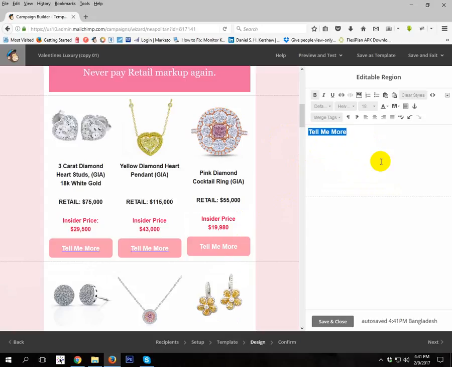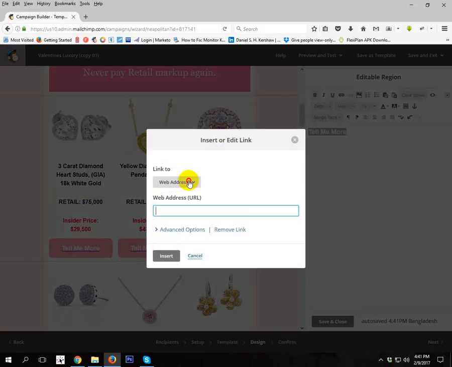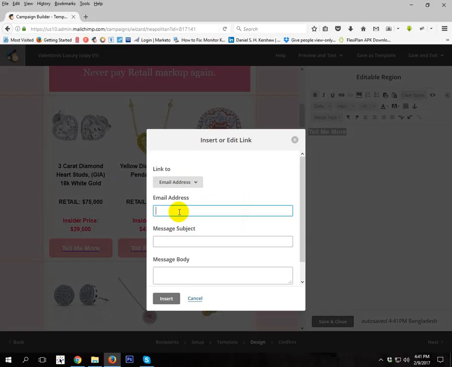For example, tell me to buy now, but you have deleted the text at first and then made it again your text. But please never delete this text, because when you delete this text from the button, then the link is automatically removed. So I just keep here tell me more, then click here, press Control A on your keyboard and just go to the link option and web link, and you can put your link here.